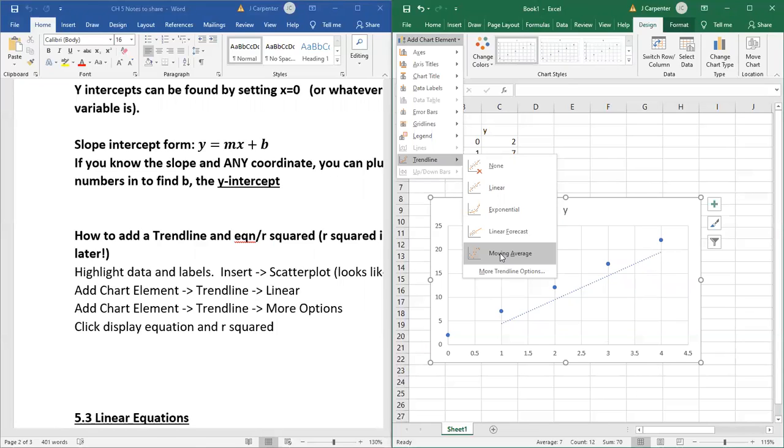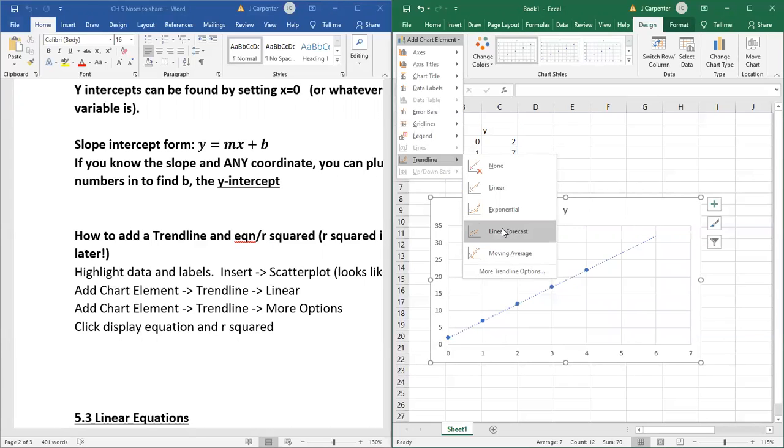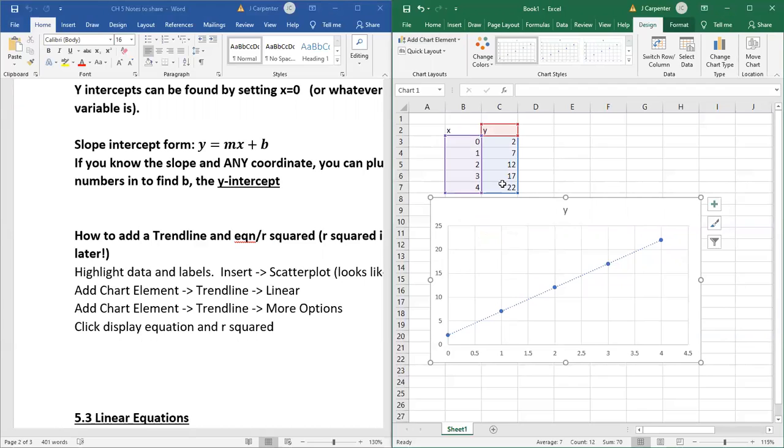Moving average, this is really useful for modeling population dynamics, maybe like how many people have had a virus. So they'll measure it every single day, but the measuring is consistent. Maybe there's no measuring on weekends. So looking at the day-to-day chart isn't exactly a great model. So people will just say, all right, at each point, I'm going to average the 5 days prior and the 5 days ahead, something like that. It doesn't have to be 5. That number is chosen by whoever's doing it. And then it gives you a moving average. And you can see this one doesn't even look like it makes sense. So let's not do that. Let's go with linear. Boom.